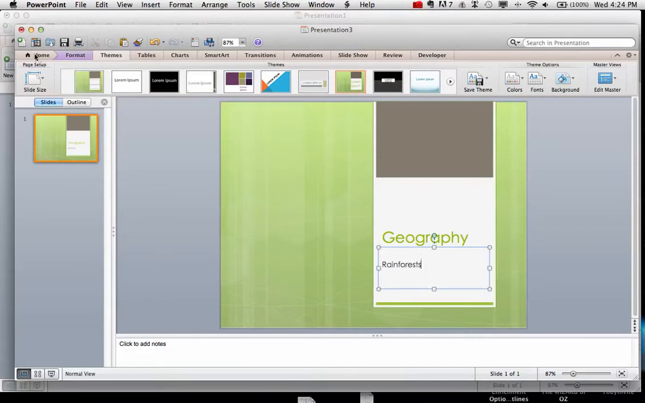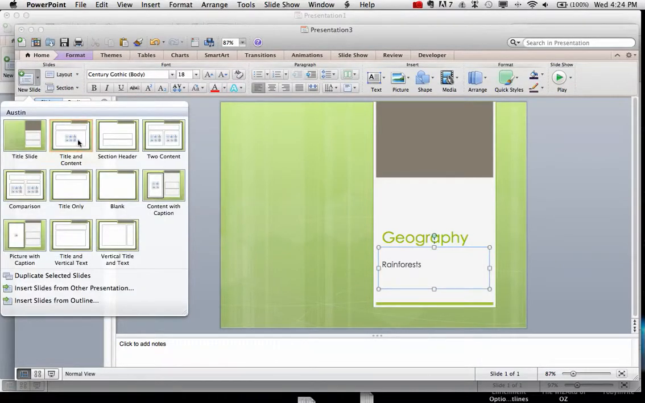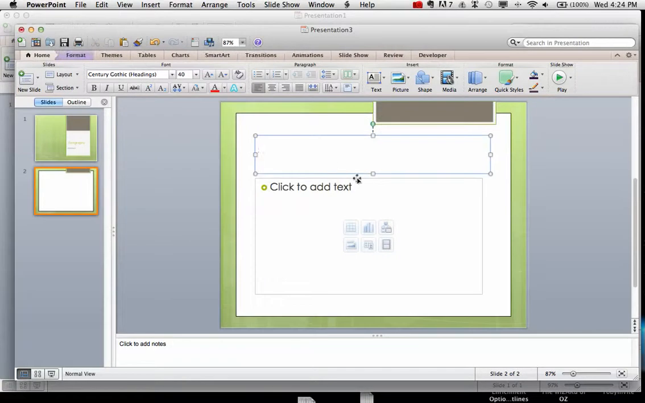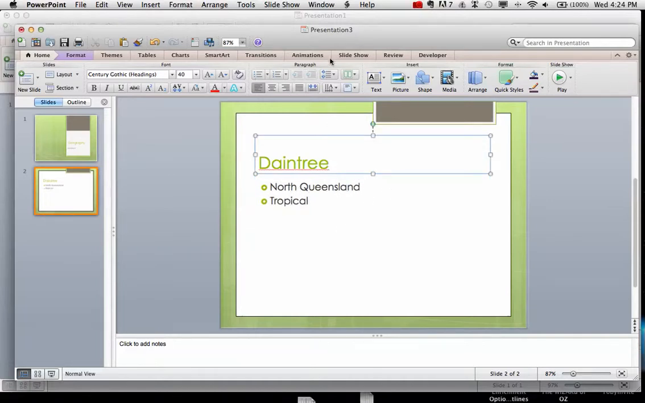And then I'm going to go back to my home section here, and I'm going to go new slide, and I want a slide. Title and content I think is excellent, so I could actually talk about the Daintree, and we'll get that loaded. And I could write that it's in North Queensland,